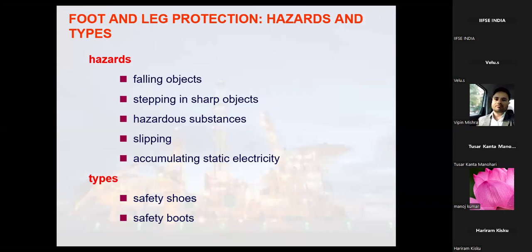In the last session, I stopped at foot and leg protection hazards and the types. So I'll be continuing from there. Two or three slides will be repeated over here. So the hazards associated with the leg and foot protection. So the first